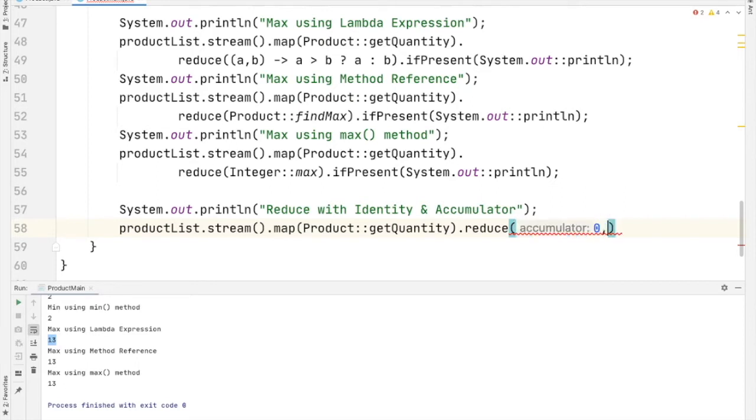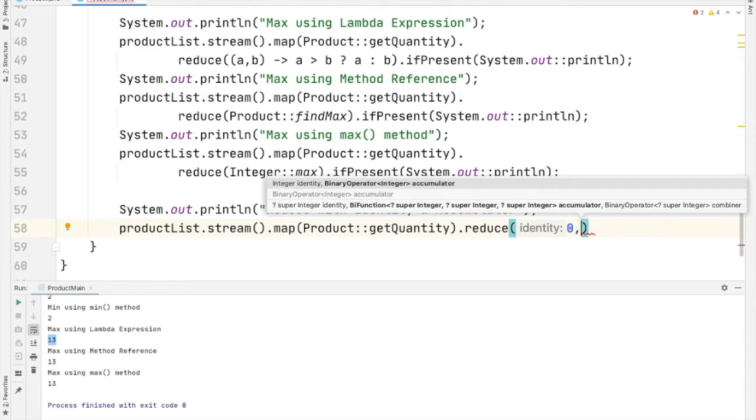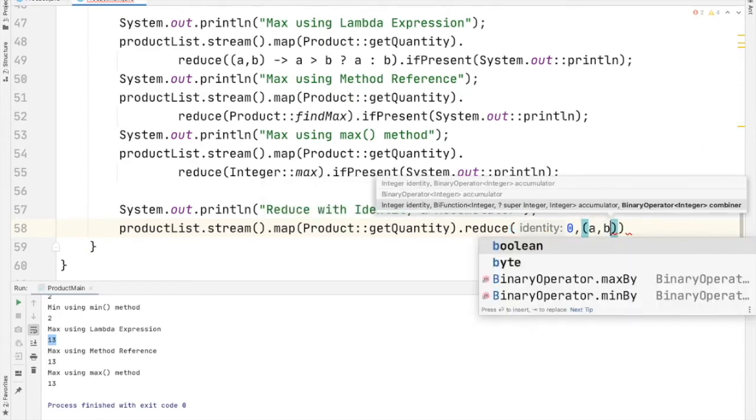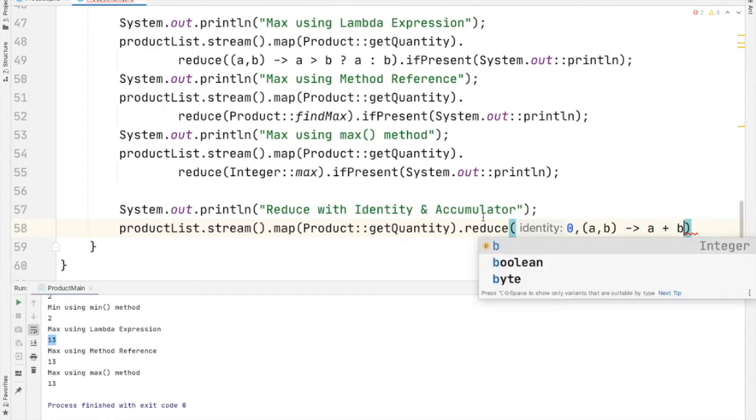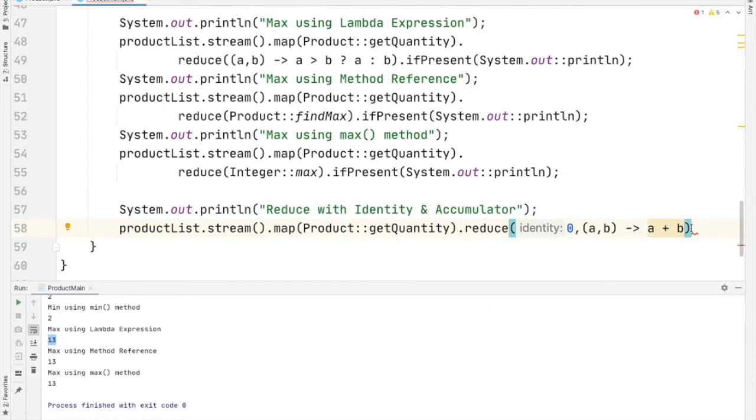Start value for sum is 0, and next is the accumulator a comma b, lambda expression a plus b. This will not return an optional instance because we are giving a start value here.